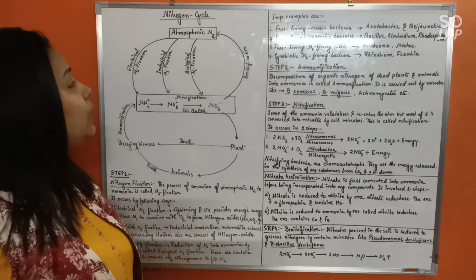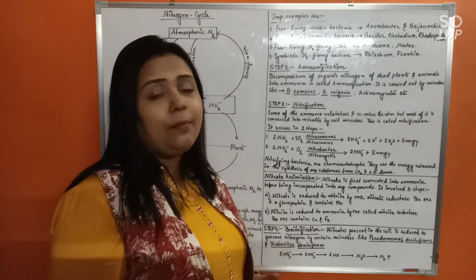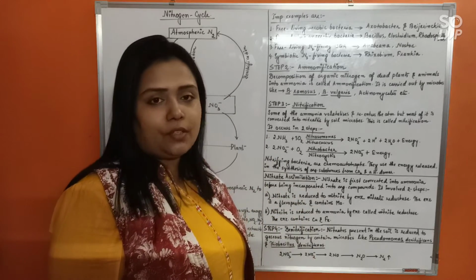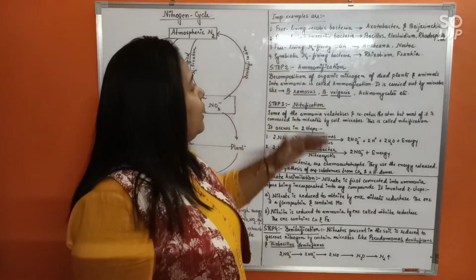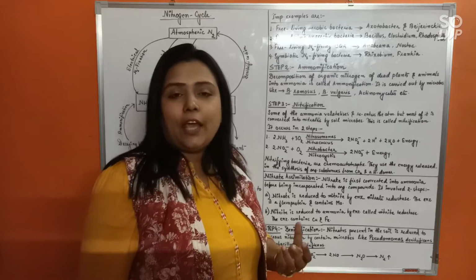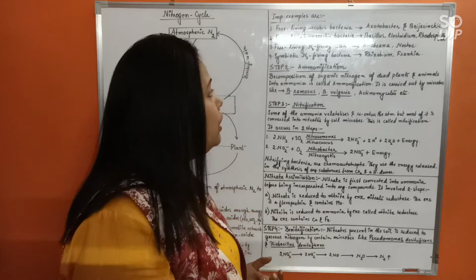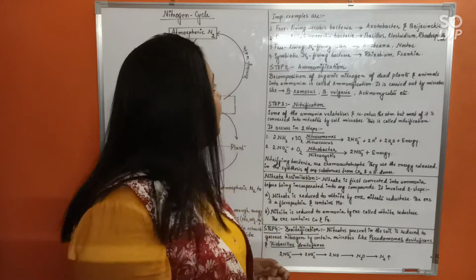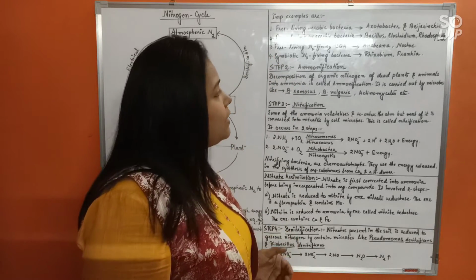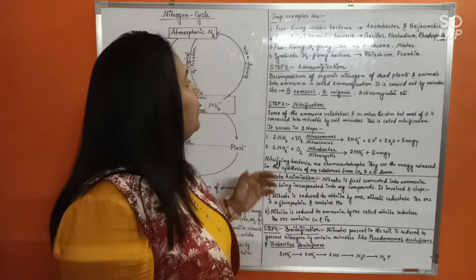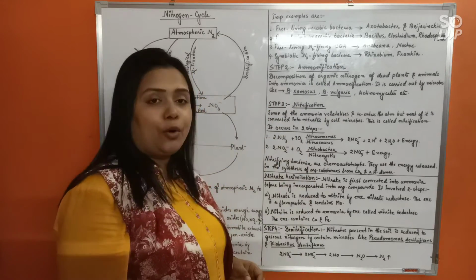Alright. Now, important examples of those microbes which possess the nitrogenase enzyme or which have the capacity of nitrogen fixation. So these are very important examples. They are free-living aerobic bacteria. There are some free-living aerobic bacteria in the soil which have the enzyme due to which they will be able to fix nitrogen, that is Azotobacter and Beijerinckia. Then there are free-living anaerobic bacteria like Bacillus, Clostridium, Rhodospirillum. Free-living nitrogen-fixing blue-green algae or cyanobacteria, that is Anabaena or Nostoc.